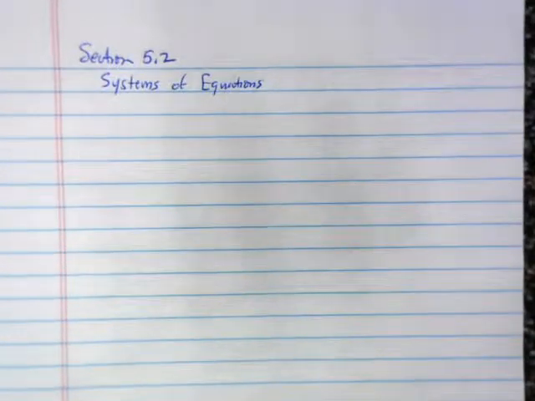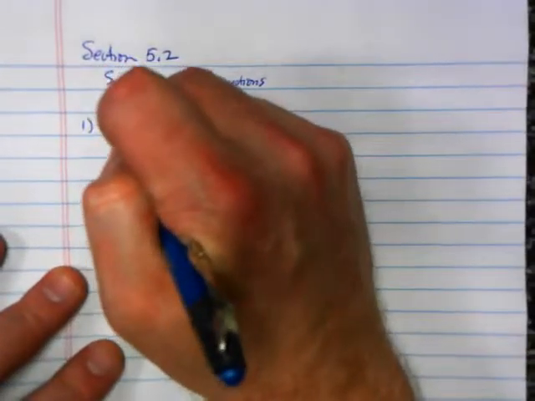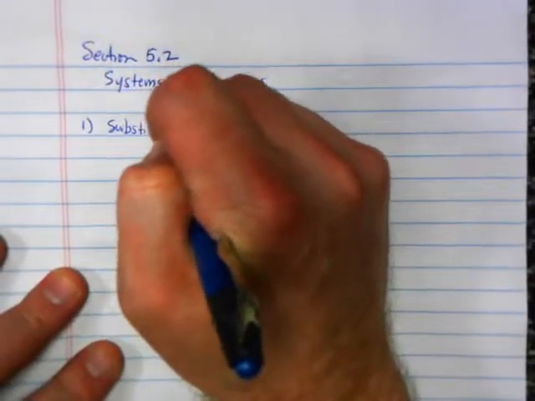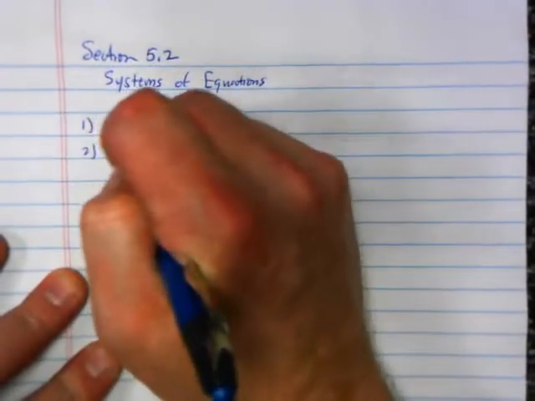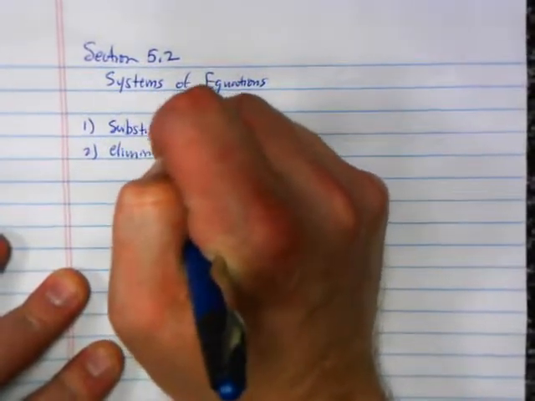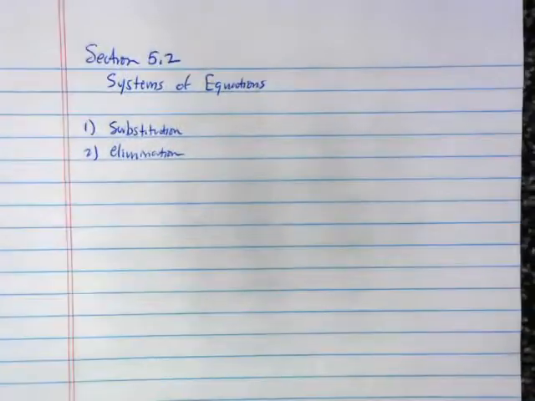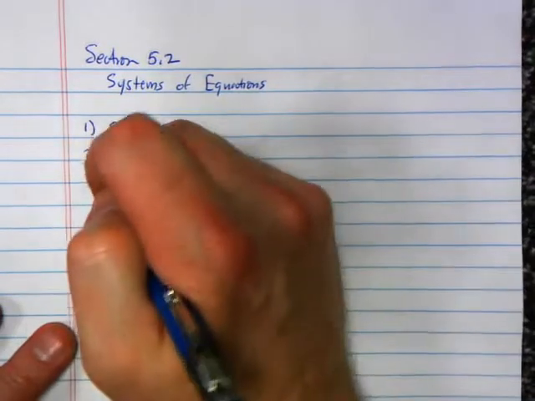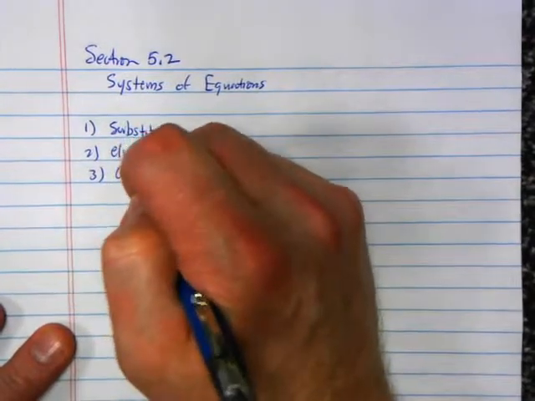Section 5.2, we're going to talk more about systems of equations. Back when you were a little old algebra student, what were the different ways you learned to solve systems of equations? Substitution. Elimination. And earlier this year, we learned a technique called